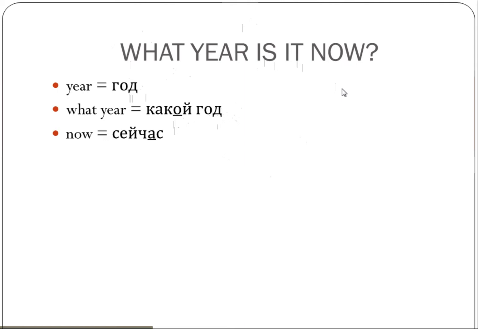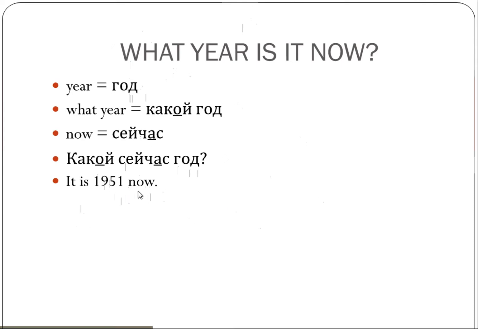For the day, we had what day is it today? Today сегодня. But now we're changing to now. Сейчас. Час is hour. Сей is an old word for this, so this hour now, сейчас. So the question again, we prefer putting these words now, today, in the middle. So the question is какой сейчас год? Какой сейчас год? So we'll practice with different numbers and end with the current year.